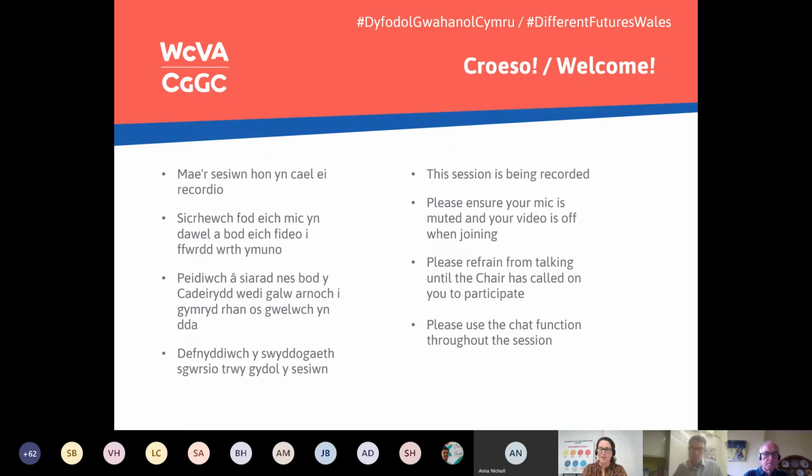forward and to better understand our roles in shaping a wellbeing economy for Wales. So thank you to those of you who were able to complete the questionnaire, as Anna mentioned, ahead of this session. There were 4 key questions in the context of COVID-19 that were covered in the questionnaire, and I wonder if we could just bring those up on the screen now.